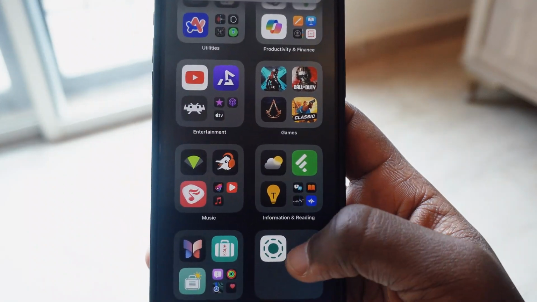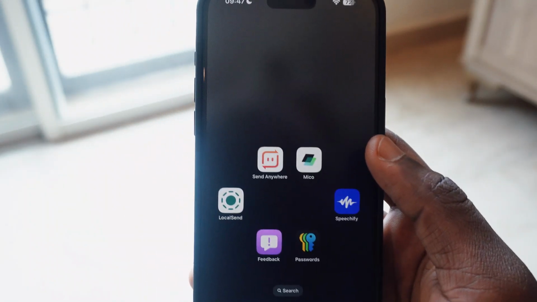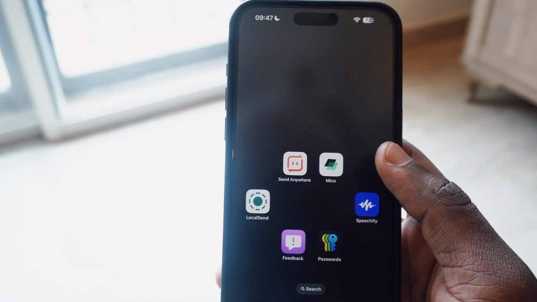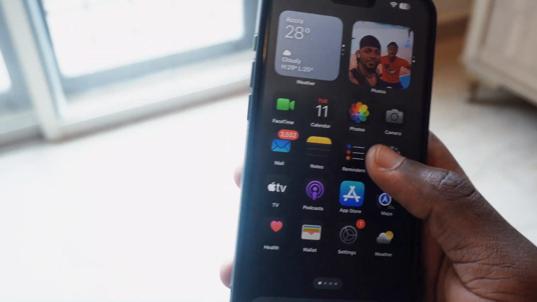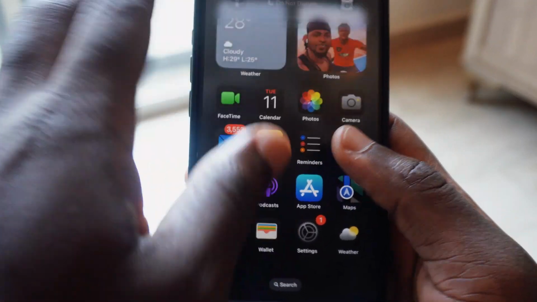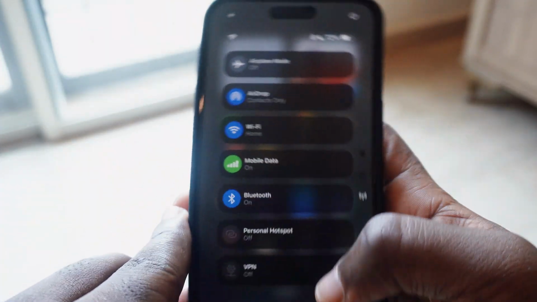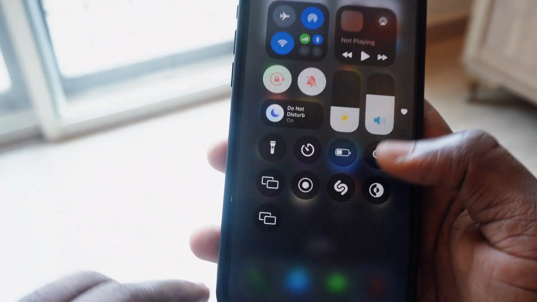So let me unlock it. So now that I've unlocked it, I can get the app right here. I think the lock folder and then the hiding of apps is actually something a lot of people are really going to like. One thing I also noticed was within the setting right here, when you just scroll down,